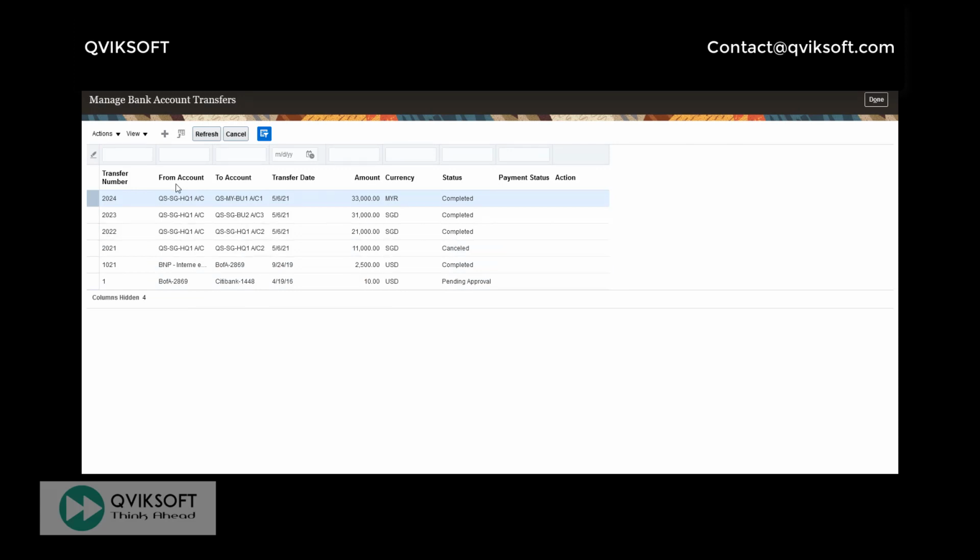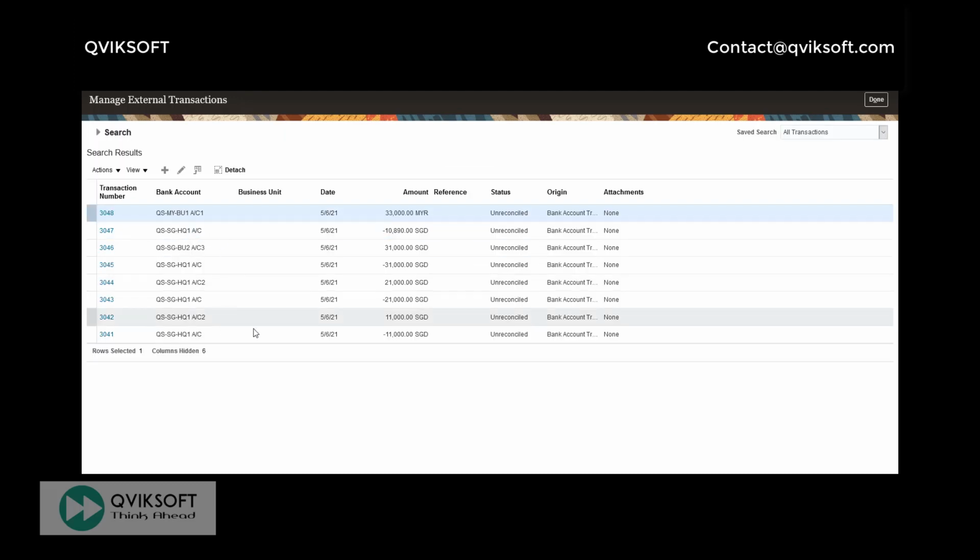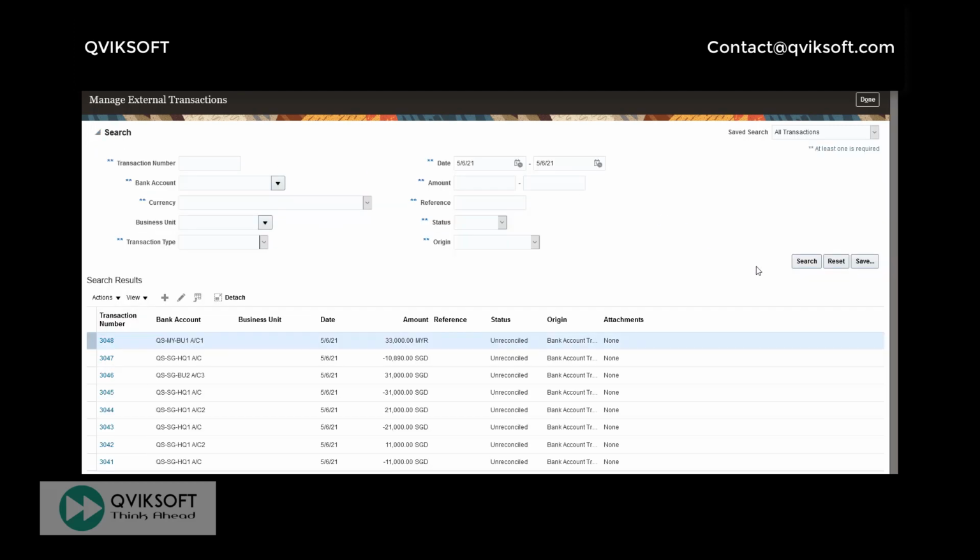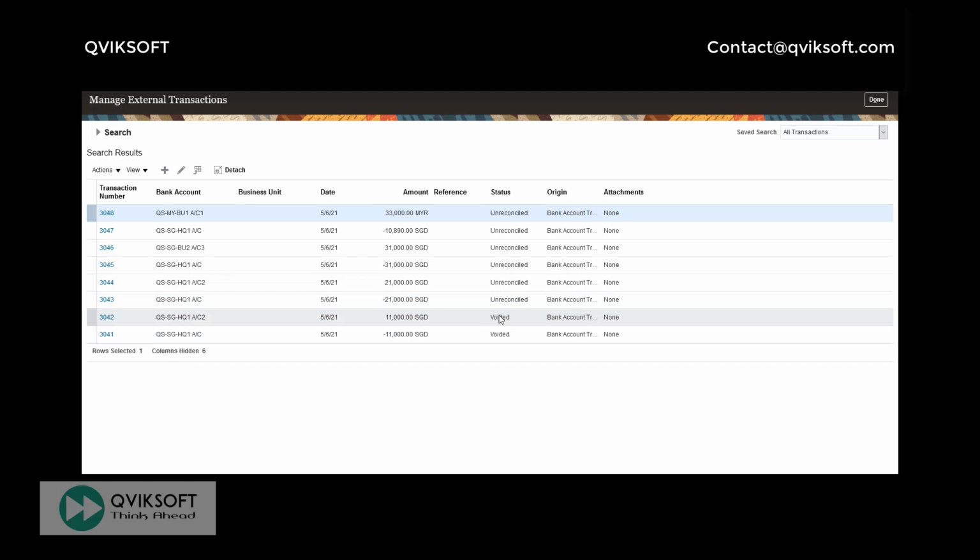Now let's go back and check the void transactions for 2021 in my external transactions, which is for 11,000. These two were okay previously. Now 41 and 42 should become voided if I search again. 41 and 42 status is voided. If you've done something by mistake and it's been approved as well, you can always void it.